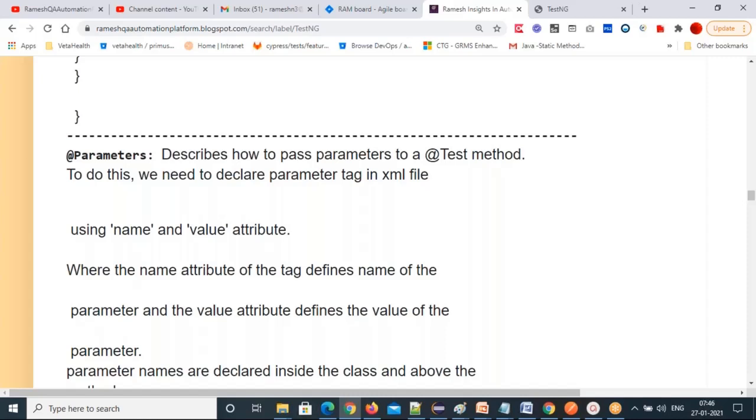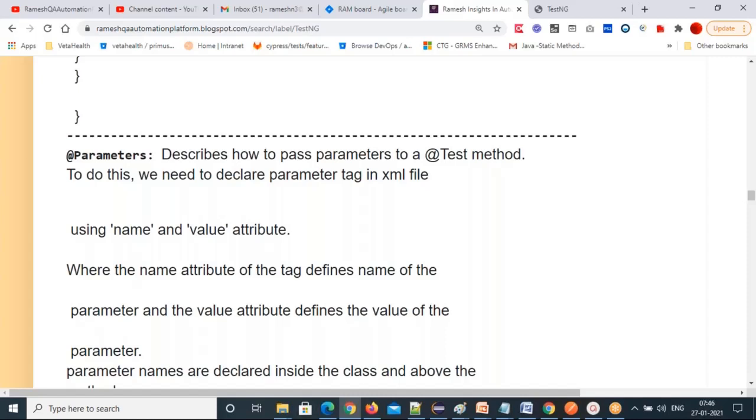Again below that, write a class tag, name equal to package dot class 3. Like that, you can include all the classes under the classes tag. If no more classes are there, then close the classes tag, close the test tag, close the suite tag. This is the XML suite file syntax.